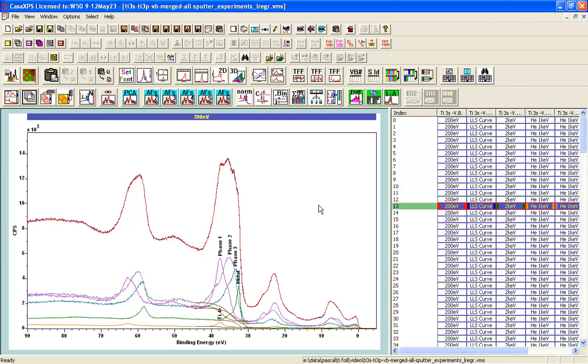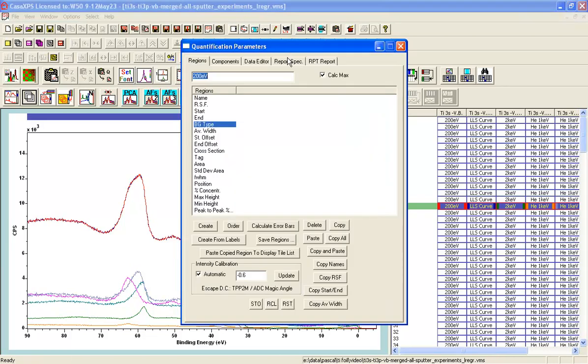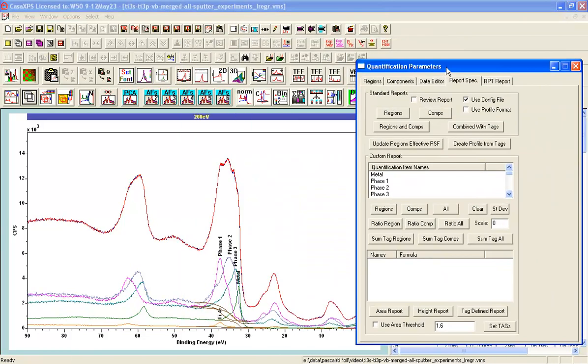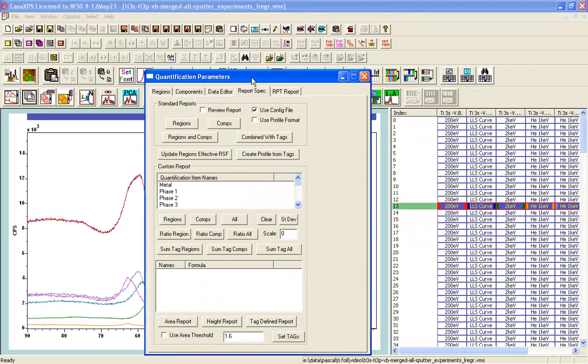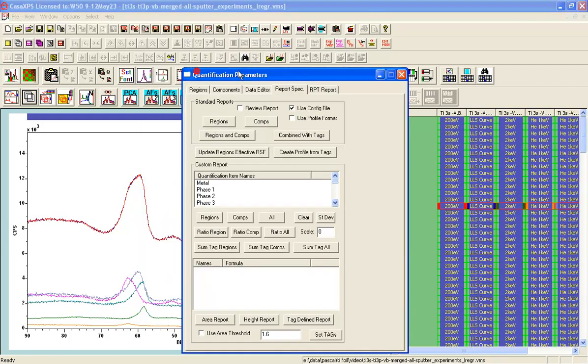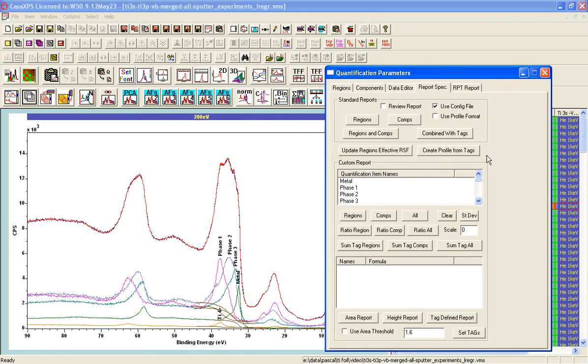I'll create the profile from these data using regions and the custom report on the report spec property page. Since each of these VAMAS blocks representing the component spectra already have the regions defined, I can select the VAMAS blocks, all of them, and then select in the custom report the regions button, which will copy through from the defined region names, which appears in the quantification item names list, the regions into the name formula column, which will